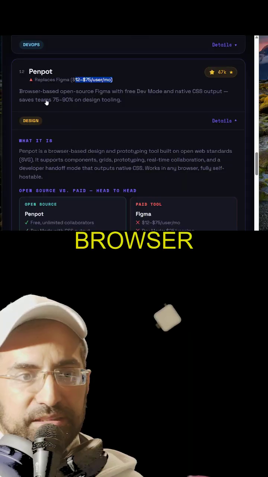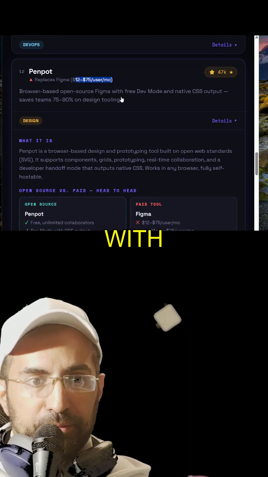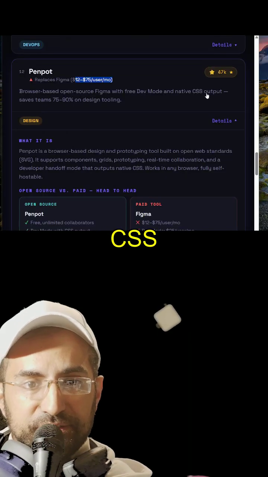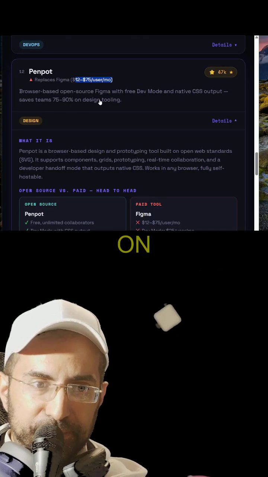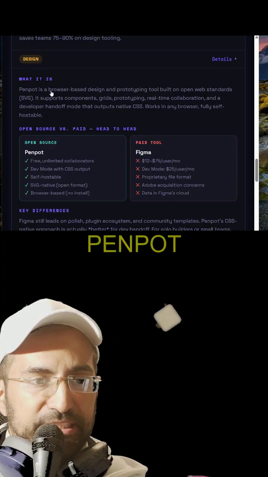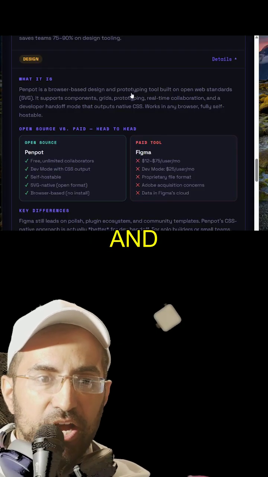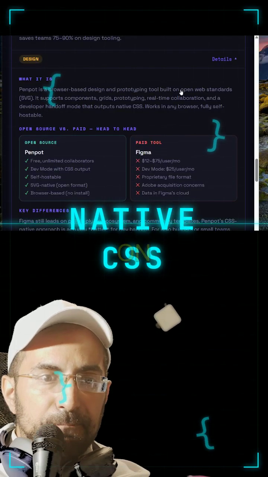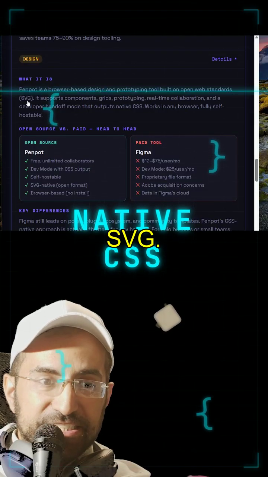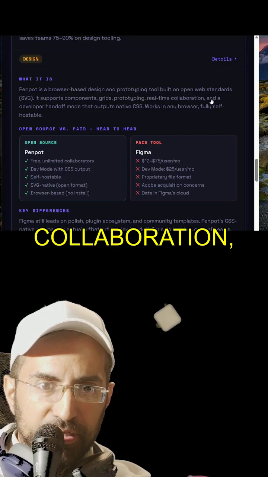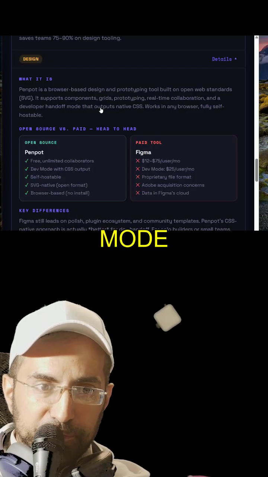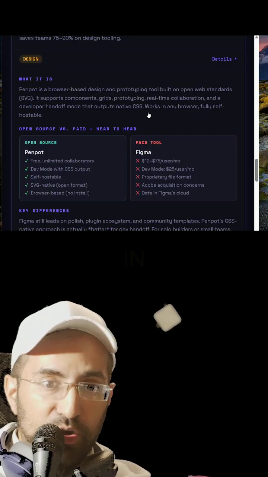So Penpot is a browser-based open source Figma with a developer mode and a native CSS output, which saves teams 75 to 90% on designing tools. So what it is, Penpot is a browser-based design and prototyping tool built on Open Web Standards, SVG. It supports components, grids, prototyping, real-time collaboration, and a developer handoff mode that outputs native CSS, works in any browser,